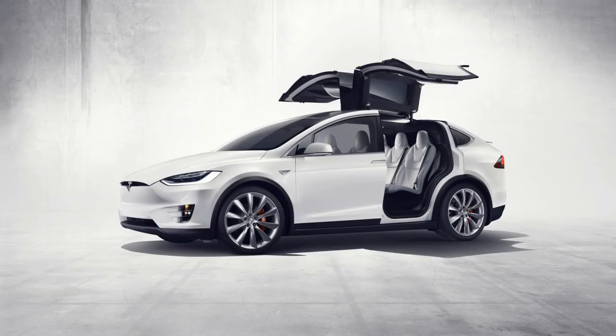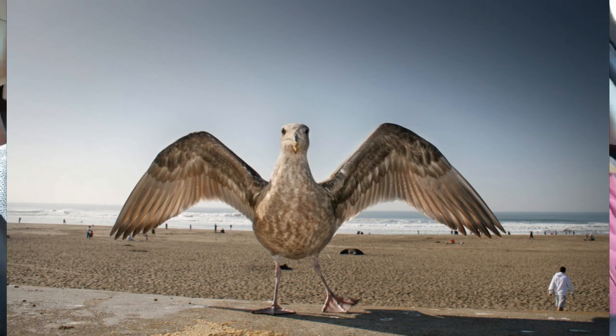Right. I like the Gullwing one. That's the Falcon wings on the Model X. Not a Gullwing. Not Gullwing, no, it's not cool. It's a Falcon wing. Yeah, we don't get Falcons on Orkney, we only get Gulls. Well, this is